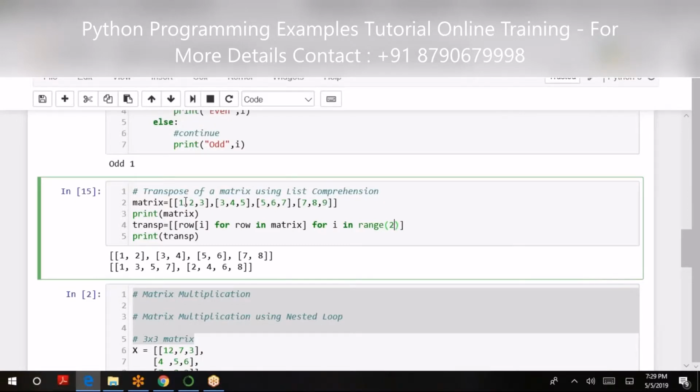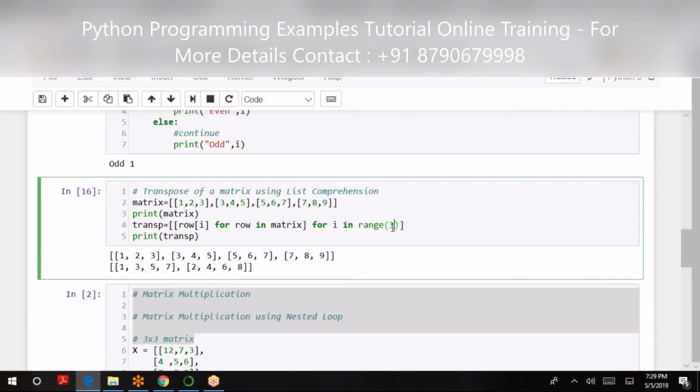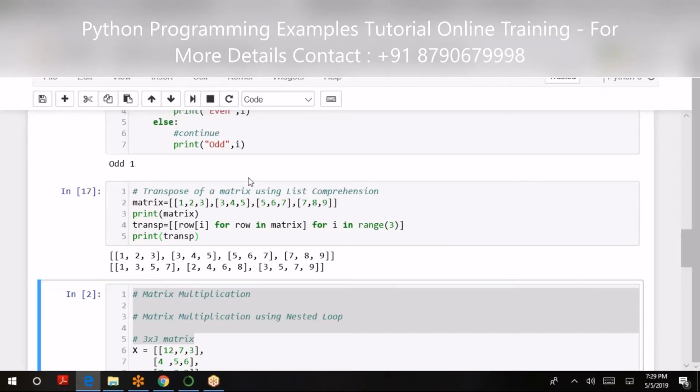What I have done, I have declared three rows. That means my first row will be 1, 3, 5, 7, second row will be 2, 4, 6, 8, and third row will be 3, 5, 7, 9. And I am calling range of 2 only. So it didn't take the third row, it has not rolled out to the third row. But in spite of that, if I even take the third row into consideration,